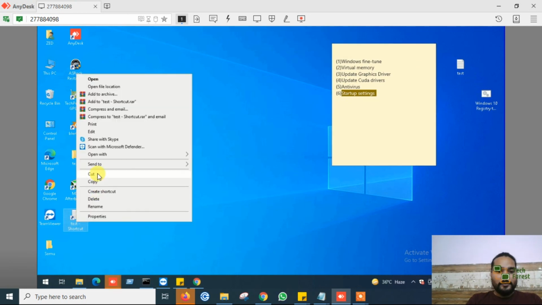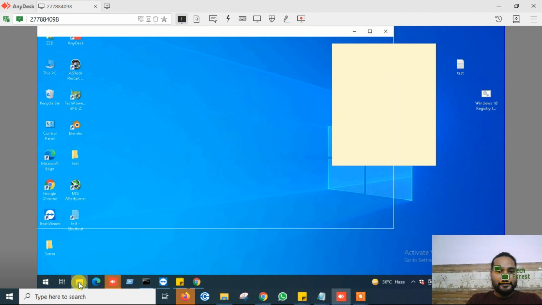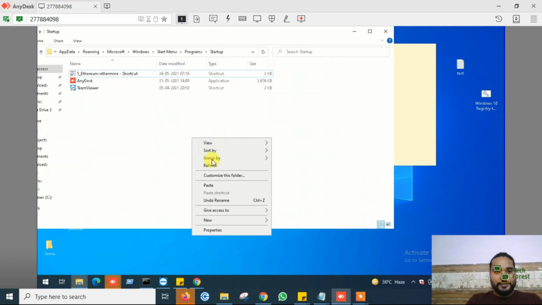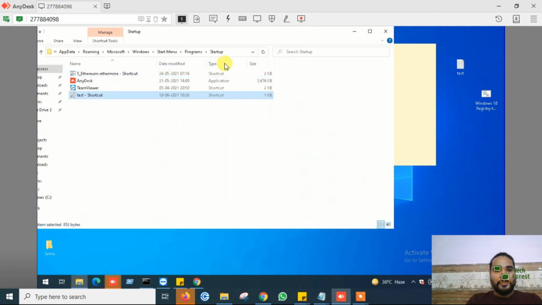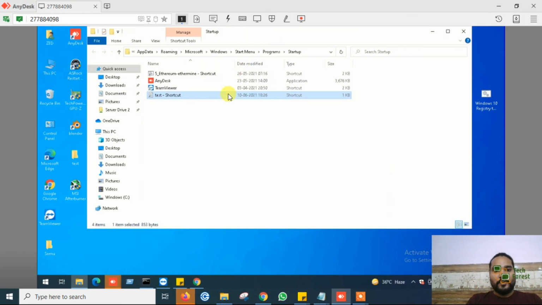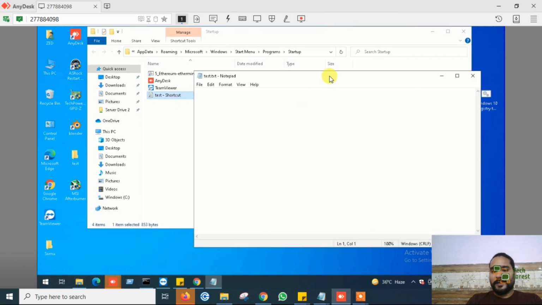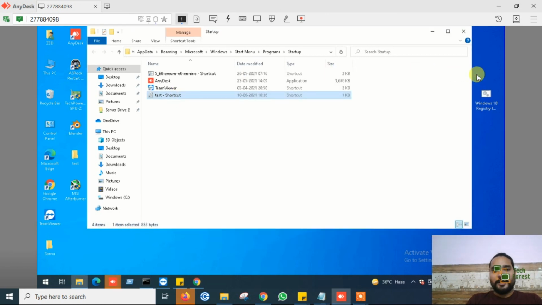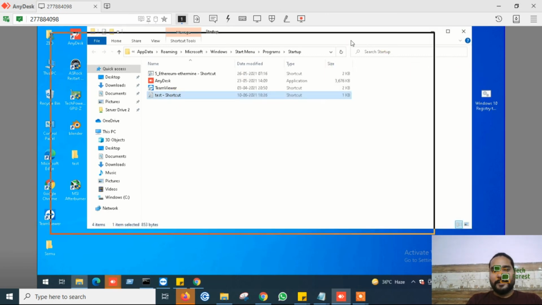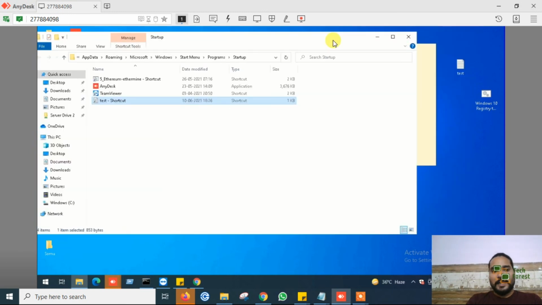Cut the shortcut from here and paste this in the shell:startup folder. Now, once this computer starts, all these four applications or this text file will open automatically. So it will give peace of mind. We no need to start our miner again and again.